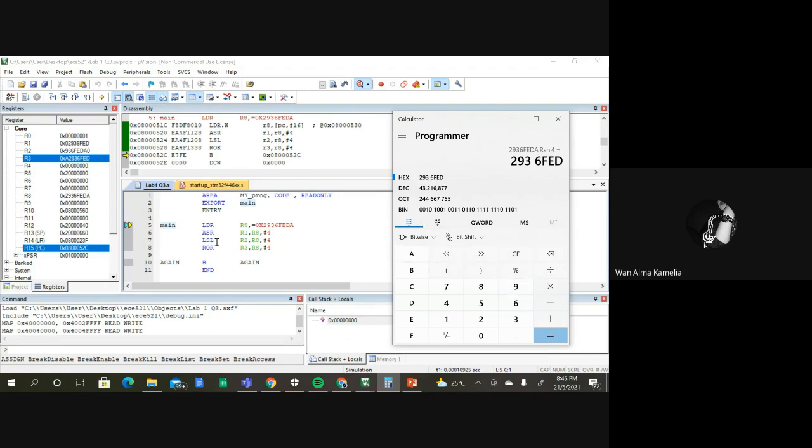After that, for LSL, which is logical shift left, we need to change this one to logical shift, and then put the R8 again, 2936FEDA, click left, 4, equal to, okay, R2 is 936FEDA0. So for R3, we got